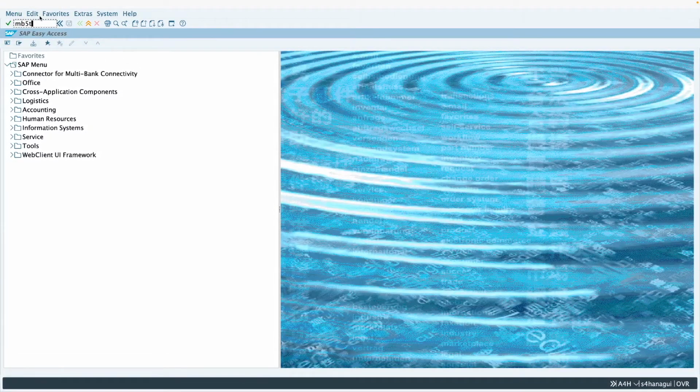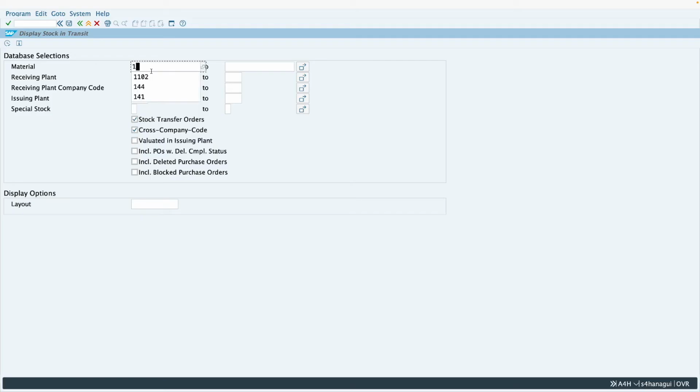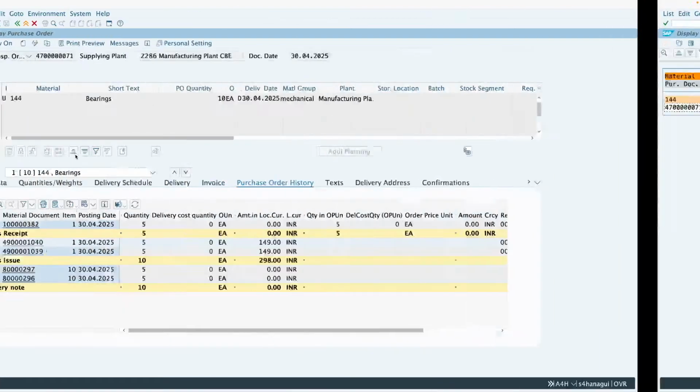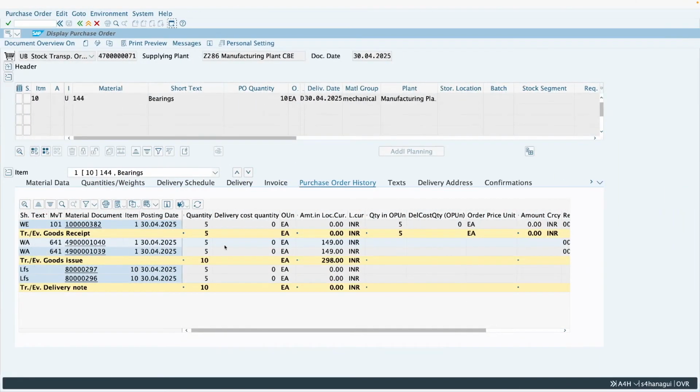We'll go to MB5T now, enter the material code, and enter the receiving plant code here. If we execute, you can see 5 quantity is lying in transit against this particular stock transport order, similar to what we did in the previous process where we posted the 351 document. Unless you post a 101 document against this 641 document, you can see here we have posted a material document